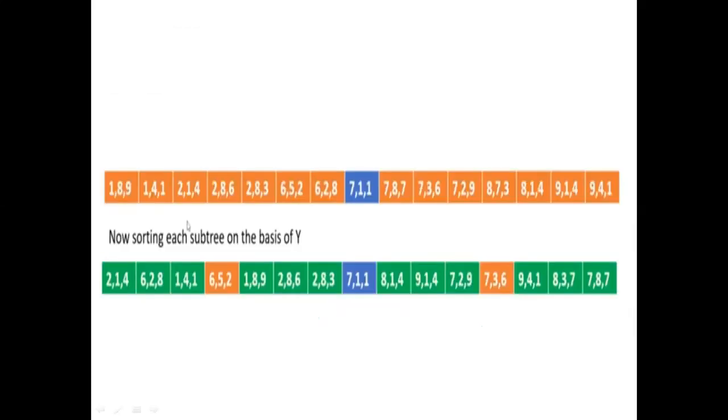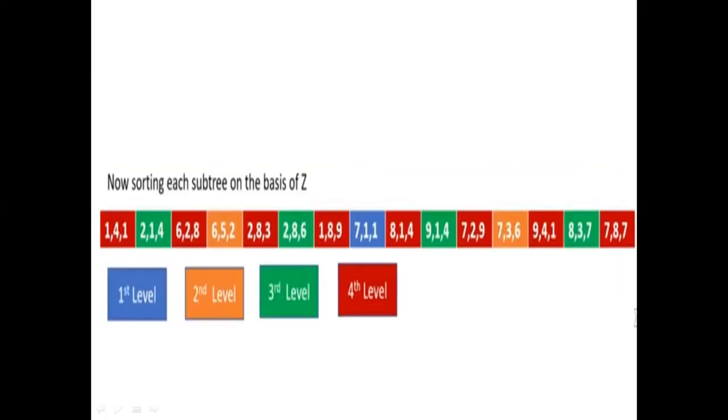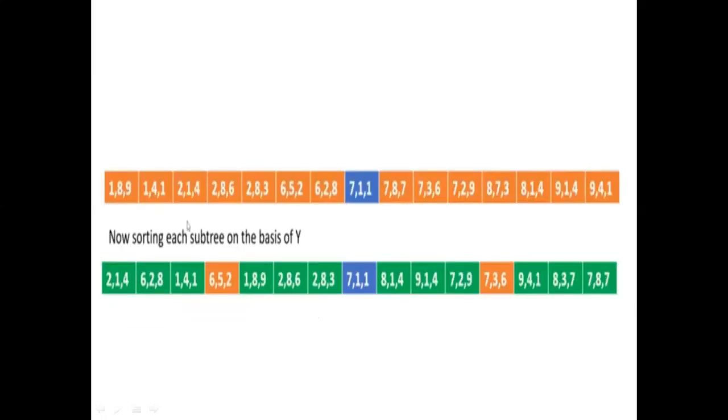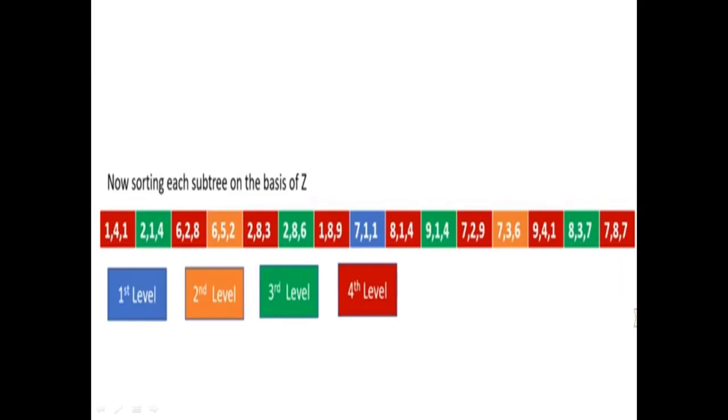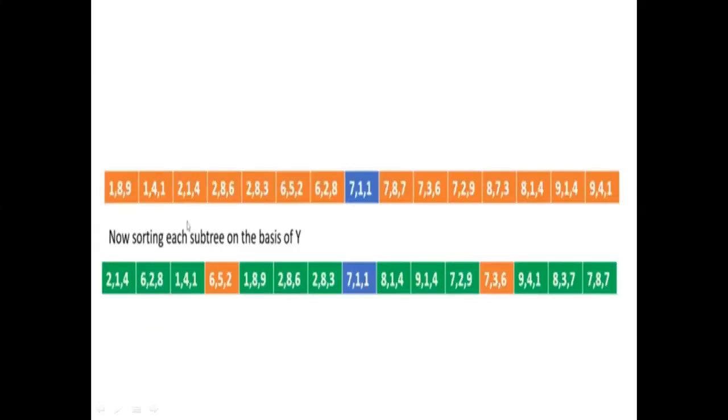Okay, now we continue down by one level and now we'll be sorting on the basis of z coordinate. So we'll be partitioning on the basis of z coordinate. We sort these left and right parts on the basis of their z, and after sorting the next medians that we get are 214 and here we get 286. How did we get 214? We sorted these three on the basis of their z value. So first we have 141, then 214 and 628. So 214 becomes the middle, that is the median.